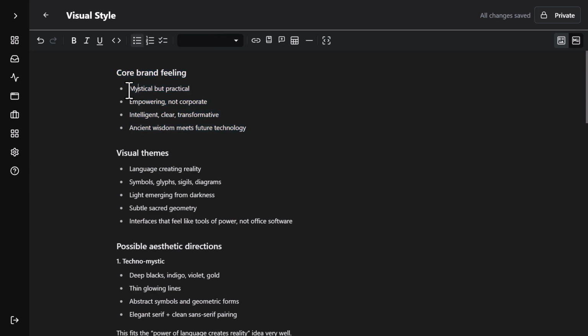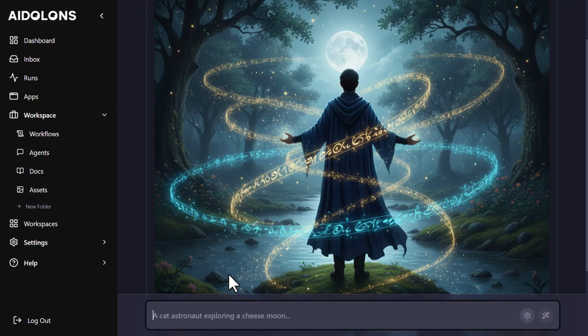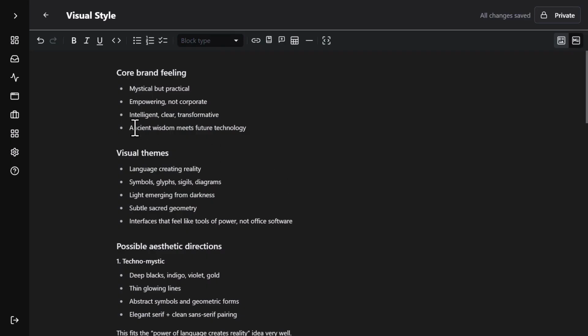For my branding, I'm kind of leaning into this edge of mysticism because AI, when you use it correctly, it feels a little bit like magic, because simply speaking or writing the right words can create the reality that you desire, a lot like a magician casting spells. So I thought this is a fun angle. Why don't I lean into that? All right, back to our visual guide.